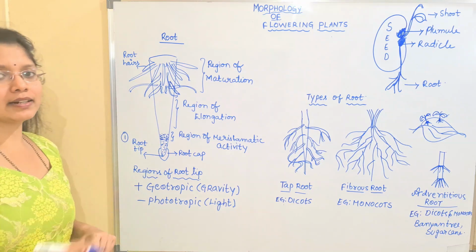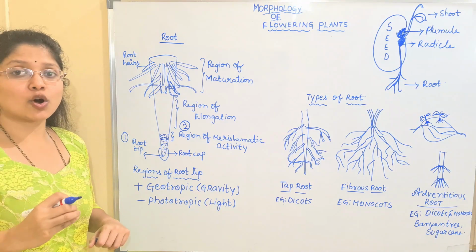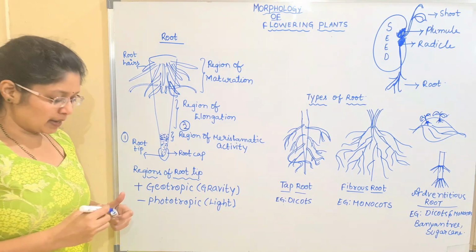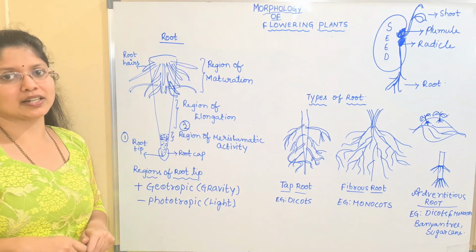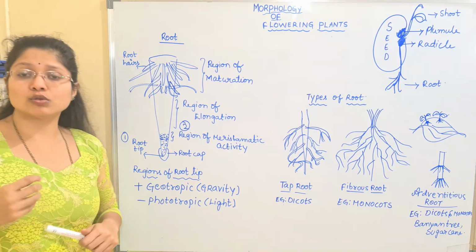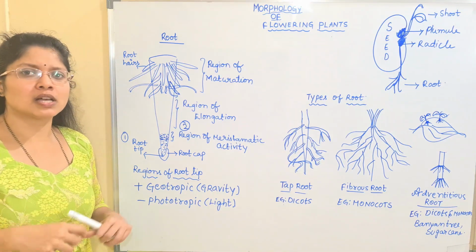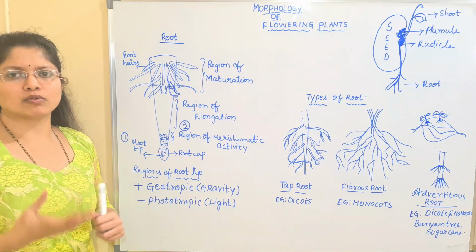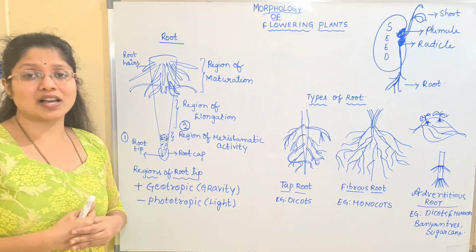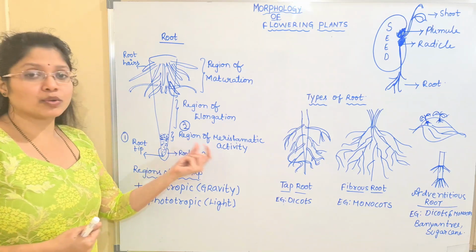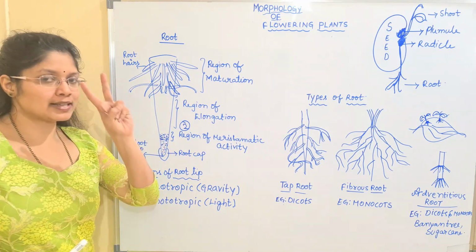So what is the second layer here? In the root we have the second region, which is known as the region of meristematic activity. Meristem. What is meristem? The continuously dividing cells are generally known as the meristems. They are also known as the totipotent cells. Why? Because the meristems have the ability to produce any type of tissue and any type of organ, and hence they are said to be the totipotent cells. Just like the stem cells we have in animals, here in plants we call them the meristematic cells.